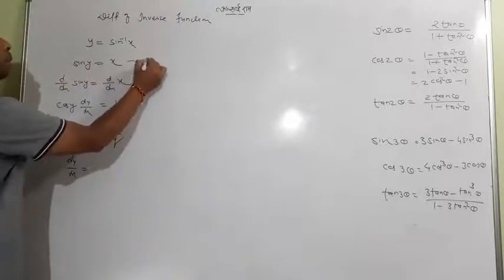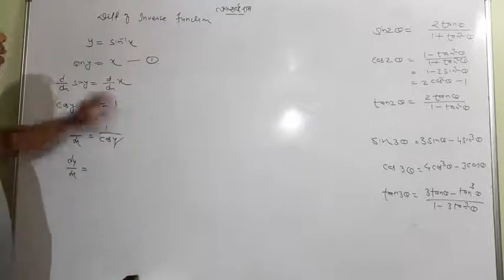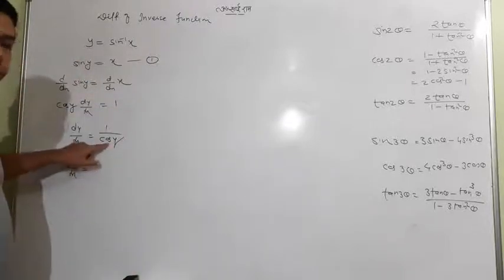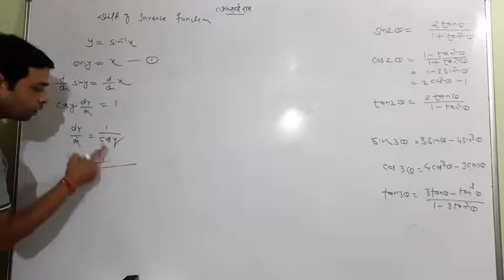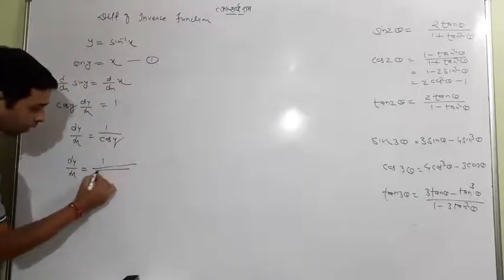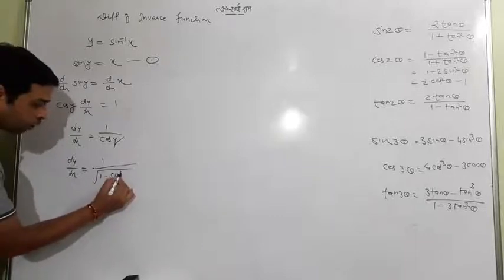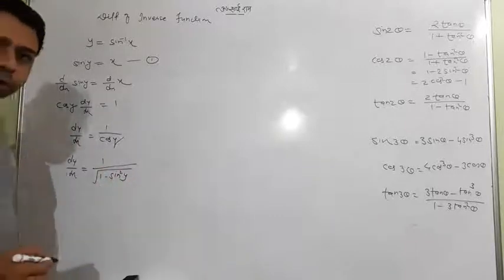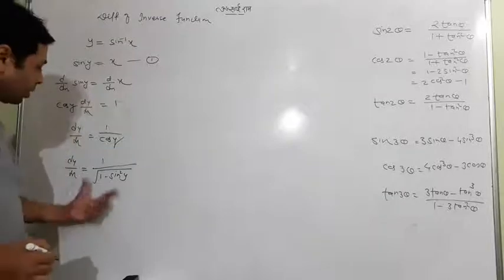So this will help me. Look at it. It is sin y and it is cos y. So I turn cos y into the form of sin y. Cos y, I will write as the square root of 1 minus sin square y. You know, at first view it seems tough, but it is not.